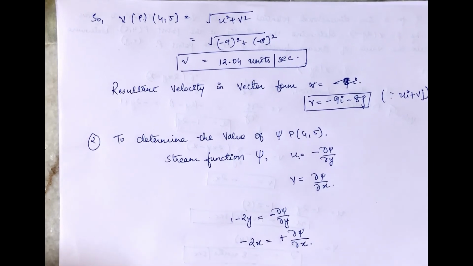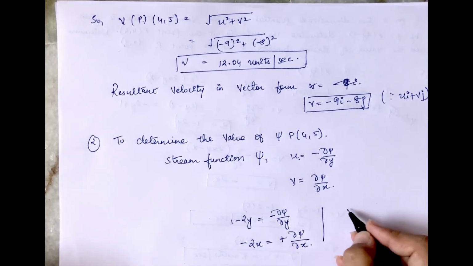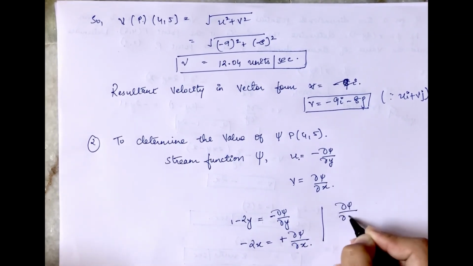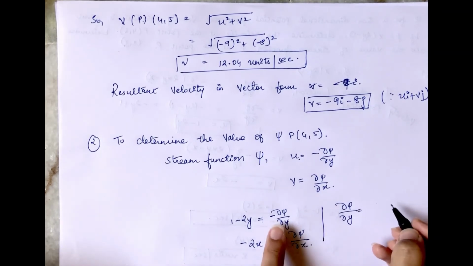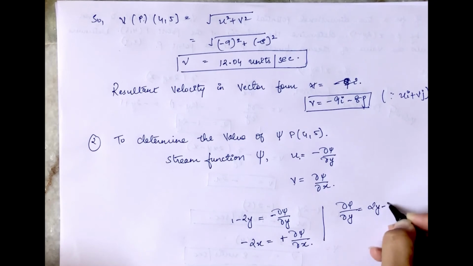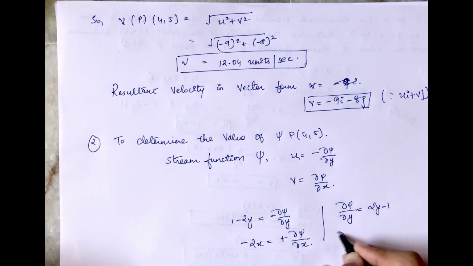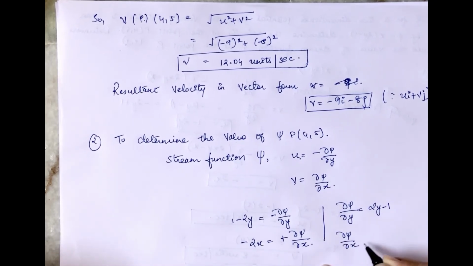Plus del psi by del x. So here the value of del psi by del y will become, as the minus sign will go over here, 2y minus 1, and this del psi by del x will be equal to minus 2x. Okay, so from the